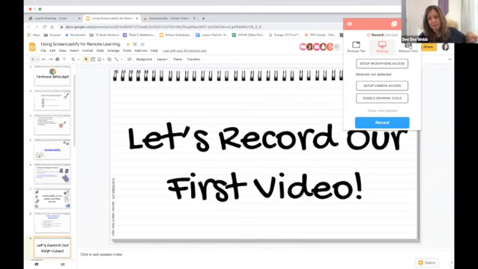So I just want to be very, very clear on the differences with desktop, webcam, and browser tab. And again, I never use browser tab because I always like to flip between tabs when I'm doing a recording. So typically I just use either desktop where I'm doing a presentation, or I will do webcam only where I'm actually wanting to record myself or record my whiteboard if I'm doing like a math lesson or something like that.